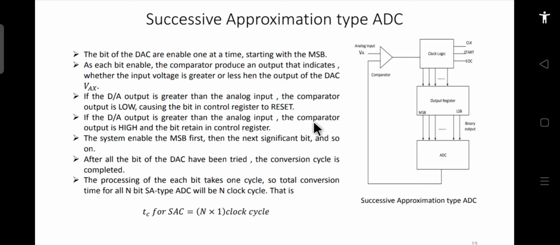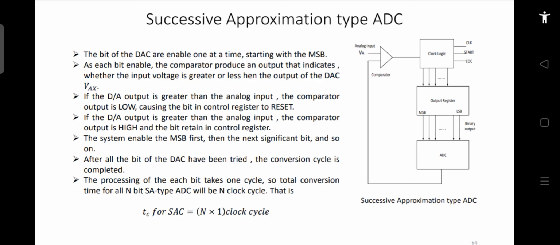This is how this circuit works, and it converts by approximation, successive approximation. Successively, starting from the MSB, the digital outputs are approximated. This is how it happens, and this is the operation of your ADC.